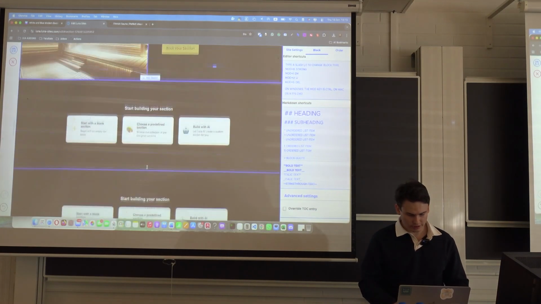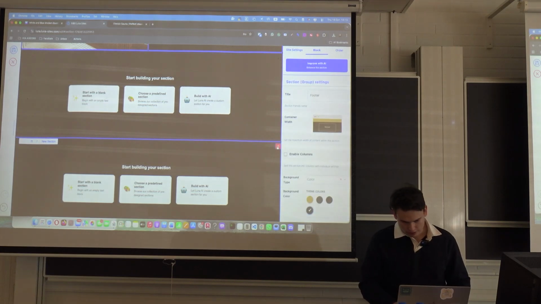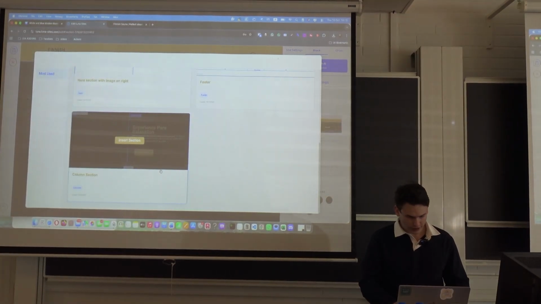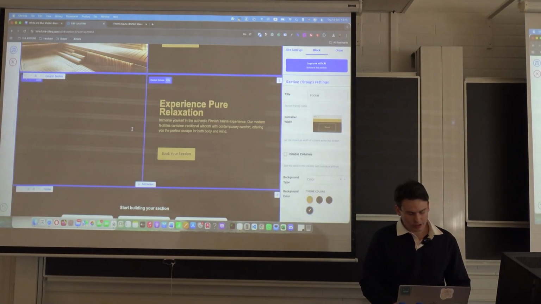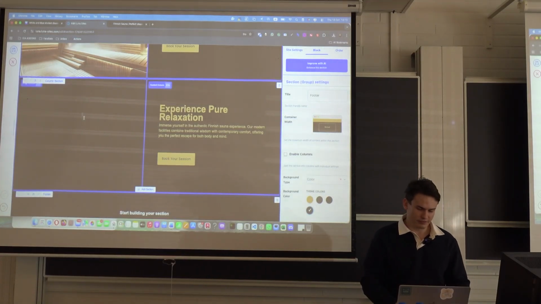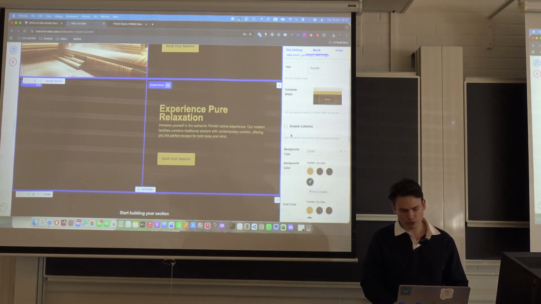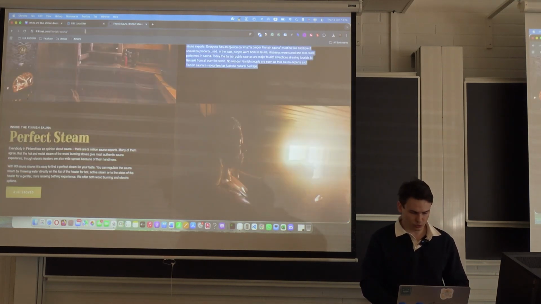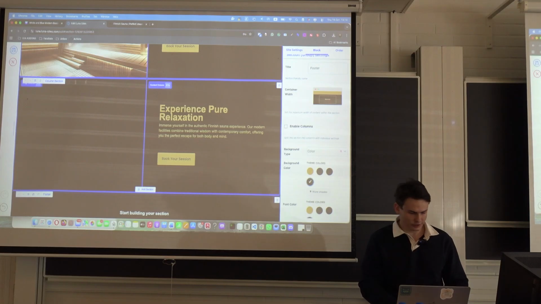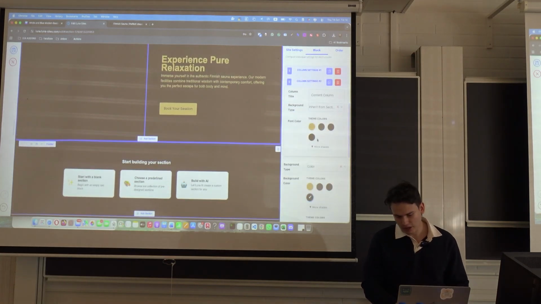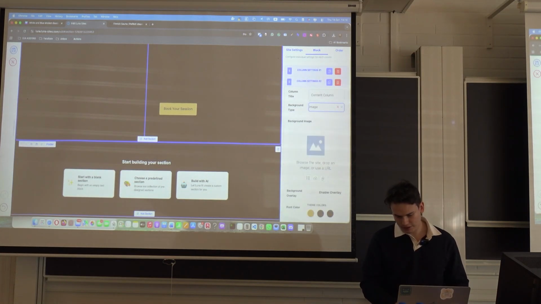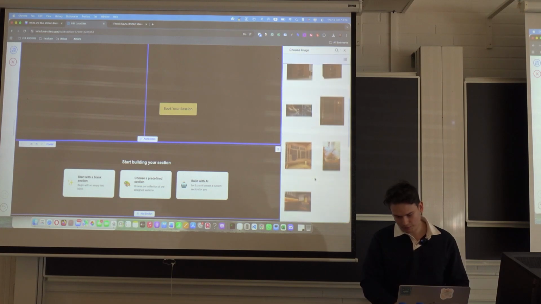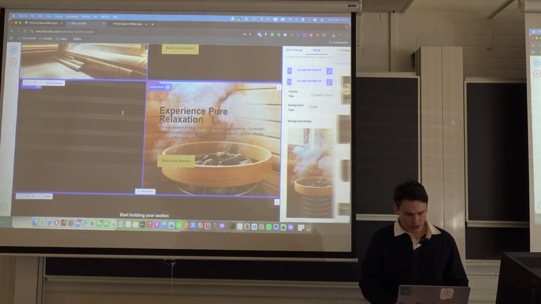So right now I can, oh wait, let's delete this. I can get my column section, and it doesn't store the image because you need to put the image in again. It's like a template, but here we want to do it in the reverse way. So we put the image on the left and the text in the right column. So we go to the column, we say image, we choose the image, let's say this image, and we'll move the content to the